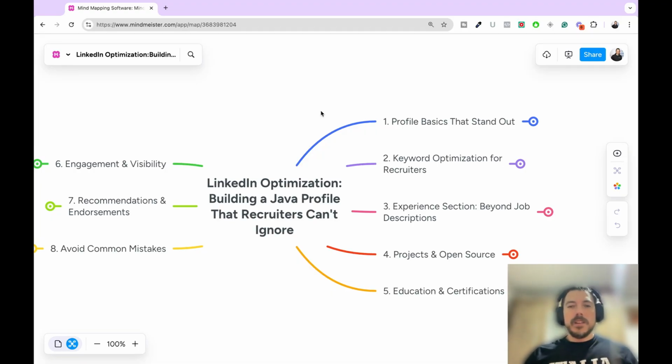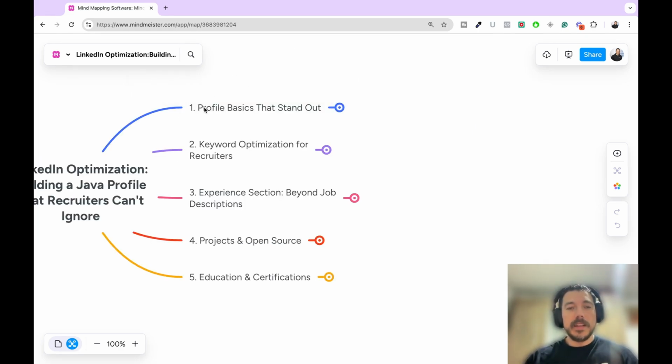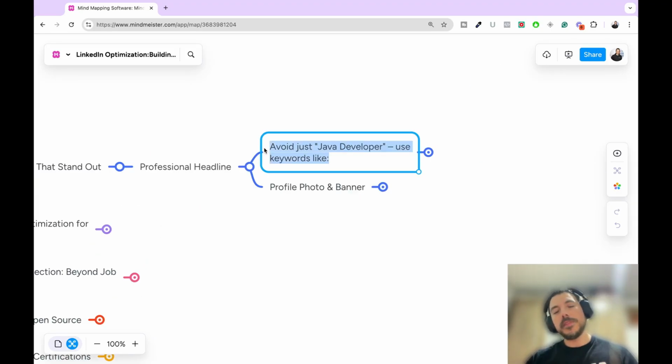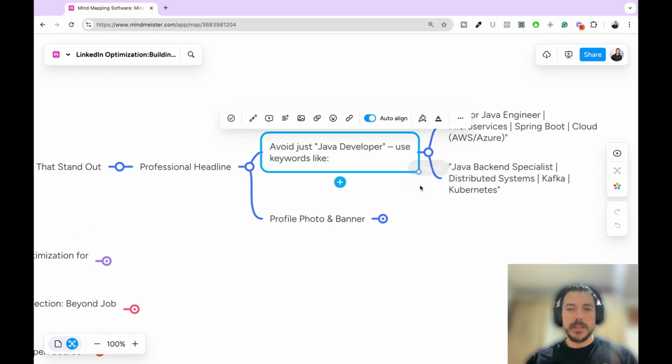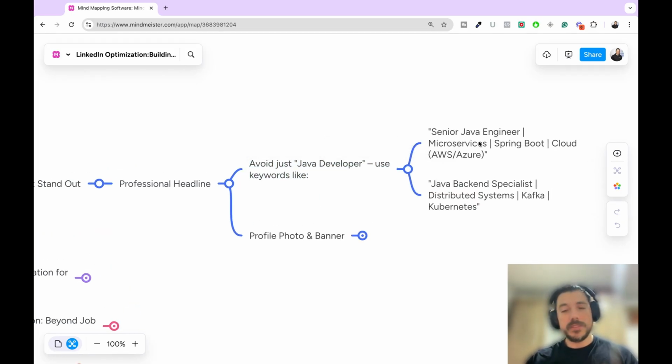So we're going to go through some basics of the LinkedIn profile, on what actions you can take to improve it. Let's explore the profile basics that stand out. For example, at the top of your LinkedIn profile, don't just use Java developer. It's better if you use keywords. So, for example, if you're a senior Java engineer, use those keywords.